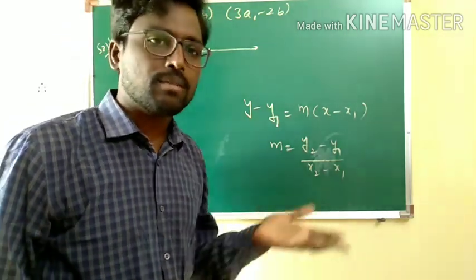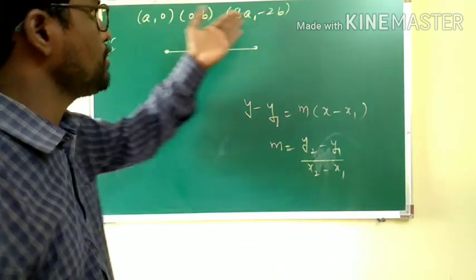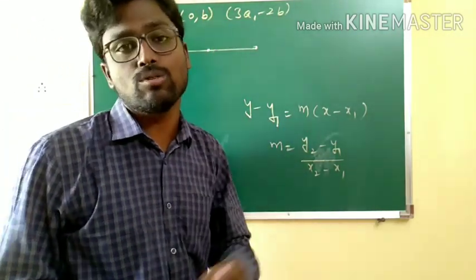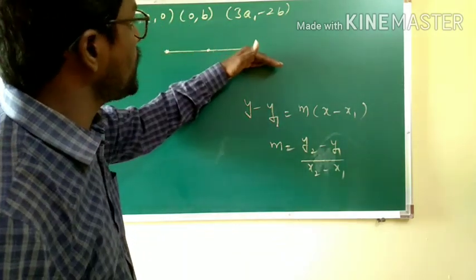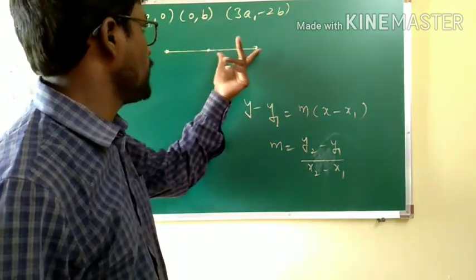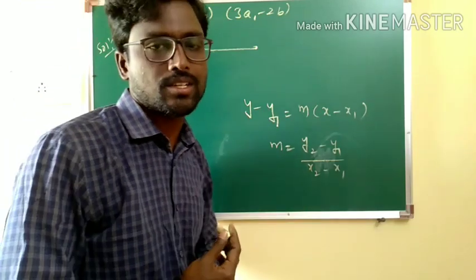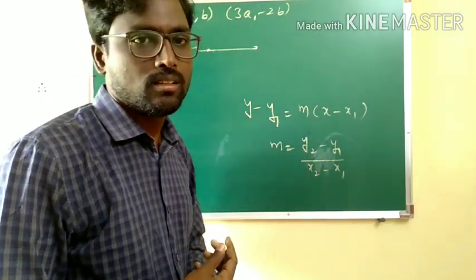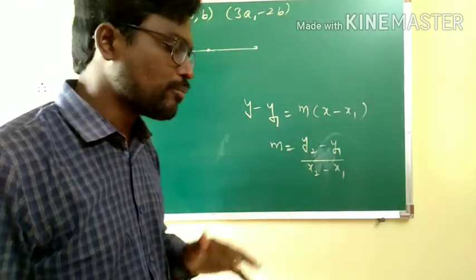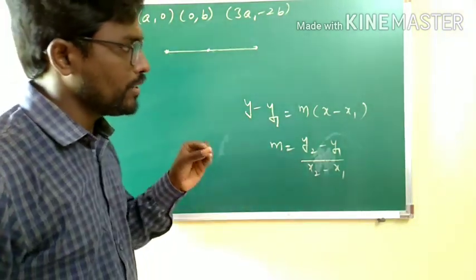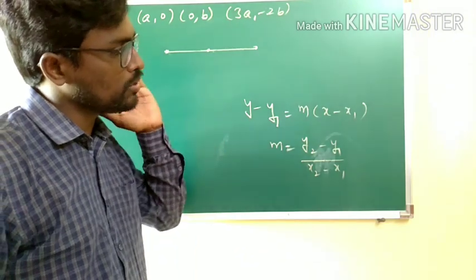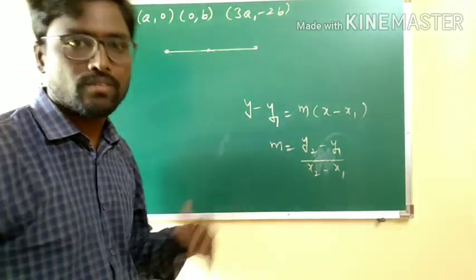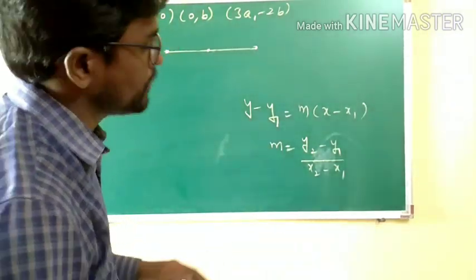And in the second method, I will find the slope of AB and BC and check whether those slopes are equal or not. If at all the points are collinear, then the slope of AB should be equal to slope of BC, as I discussed yesterday. So that is the second method. Since my question involves finding the equation also, I am going to give the preference to the first method.